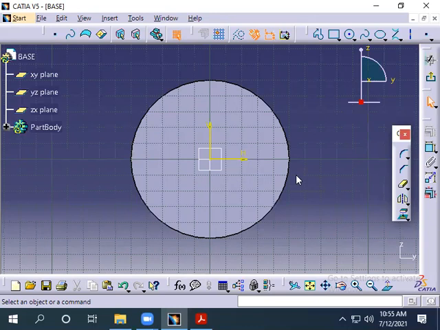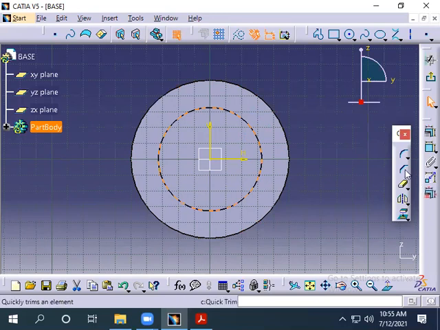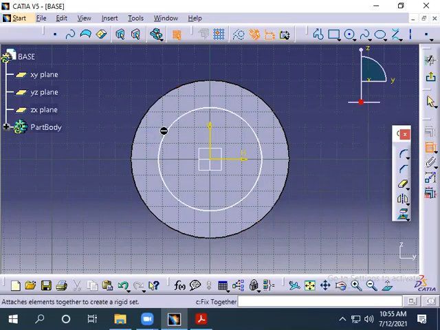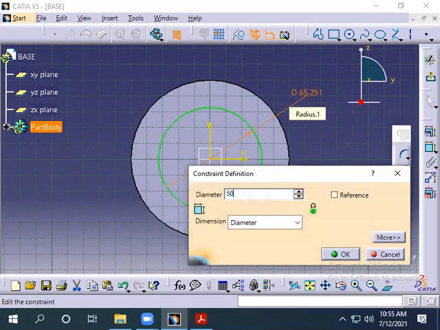Pad, let us take 30 mm. Okay. Now you see I've clicked on a surface, I've clicked on sketch. So it has started sketching on that surface, right? Taking that as a plane basically. Now we'll draw another circle, right? From the origin. Let us give dimension of, let's say 50. Double click, say 50.